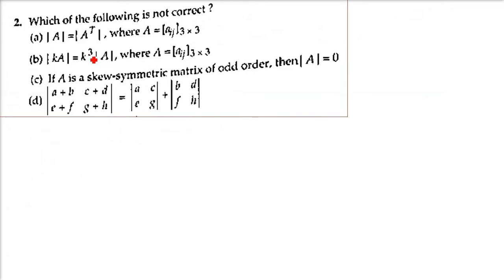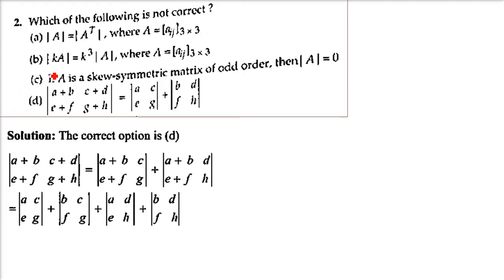Which of the following is not correct? So let me tell you, the answer is D, because it is not correct. The others are correct. So first let me make you understand the D one. When we open it, A plus B cannot be written as just all these additions divided into 2 matrices. It's not like that. You have to open it 4 times. So A plus B, E plus F, C plus D, G plus H. So how are we going to open this? This is only possible when we do AE